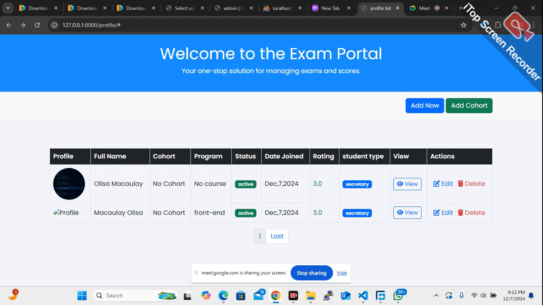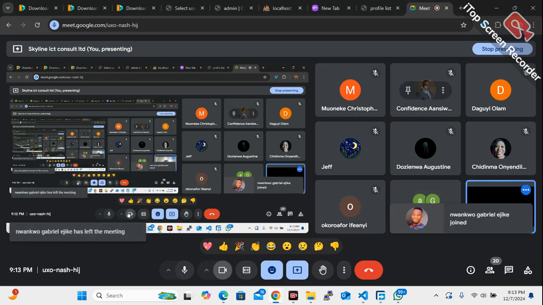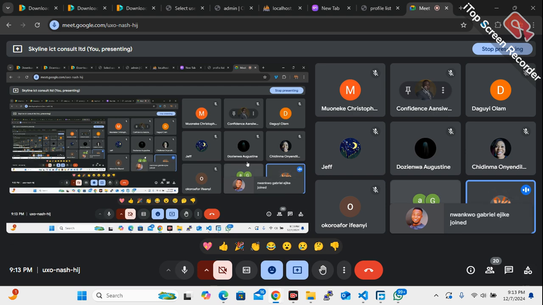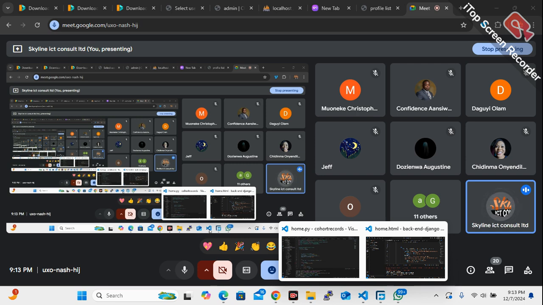Okay. Of course, if you look at this, this is what we've worked on, and what we are going to be doing here is to start to create registration, where those that are successfully registered and logged in can see this page, while those that have not logged in yet will not be allowed to see this page. So what we are going to do first is to